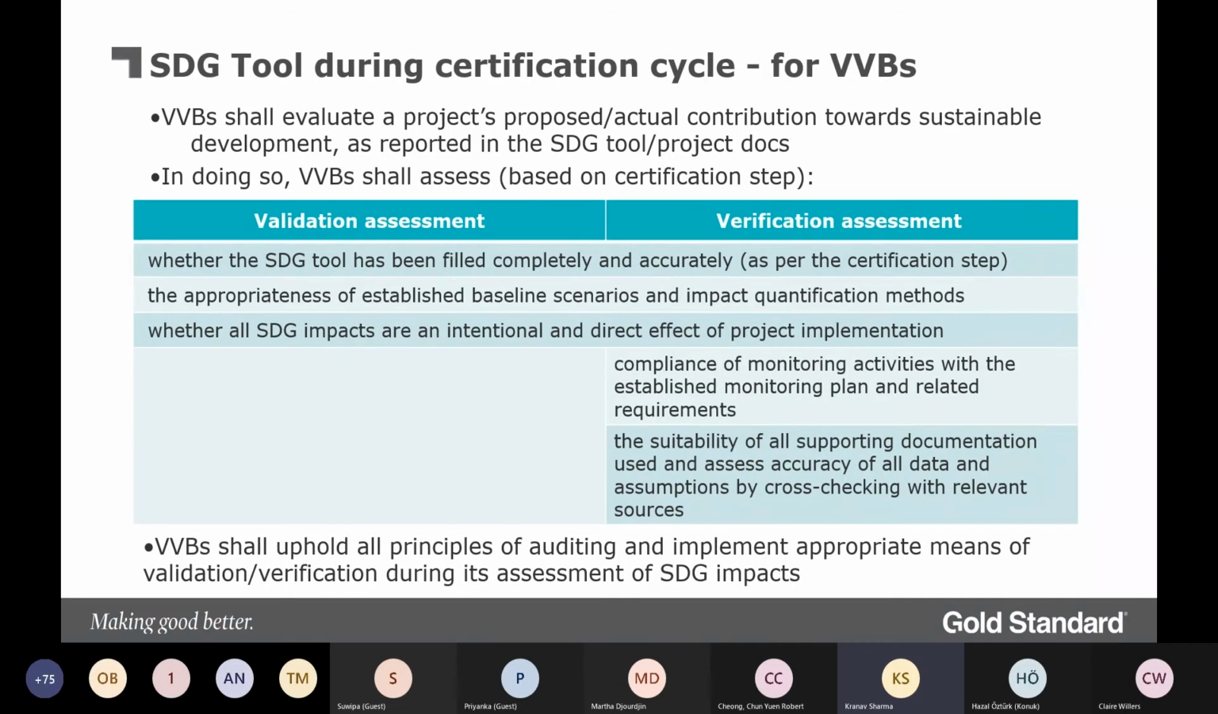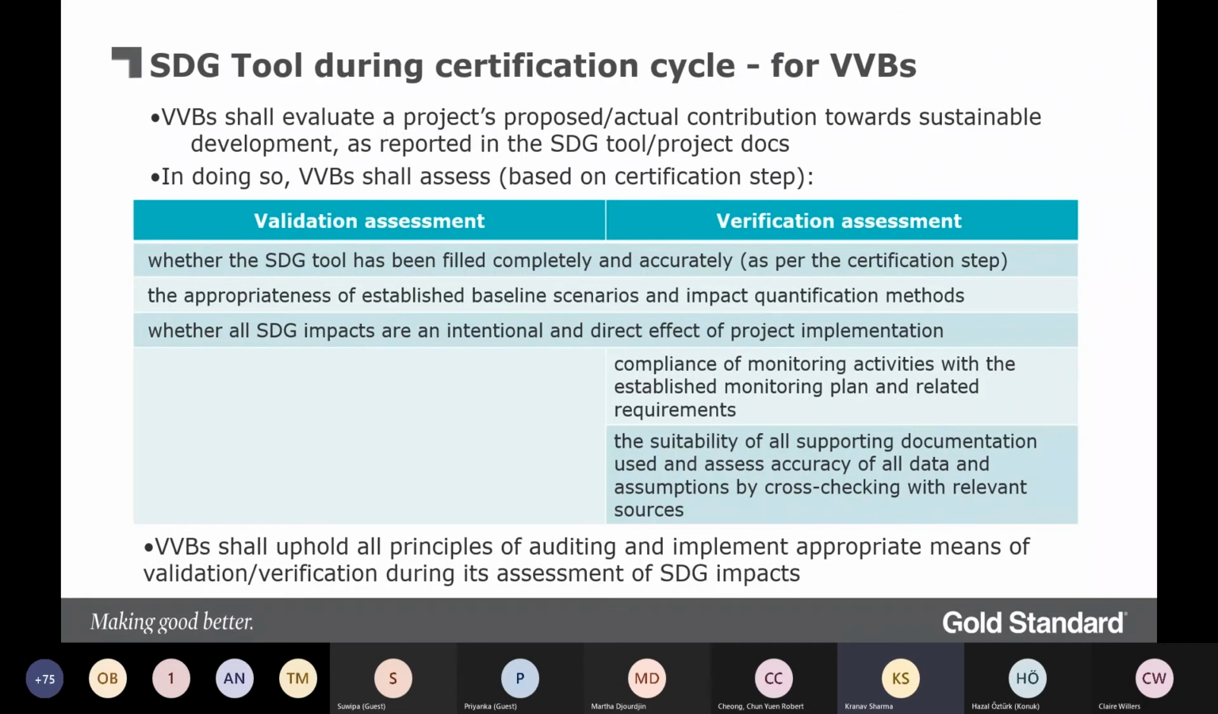The VVB shall also, using valid means at its disposal, assess the appropriateness of the established baseline scenarios for each of the SDG goals and impacts, as well as evaluate the appropriateness of the impact quantification methods that the PD has proposed to calculate or assert SDG goal related impact. The VVB shall also check whether all SDG impacts are intentional. This is a key and central requirement